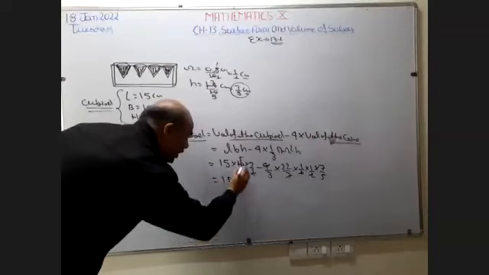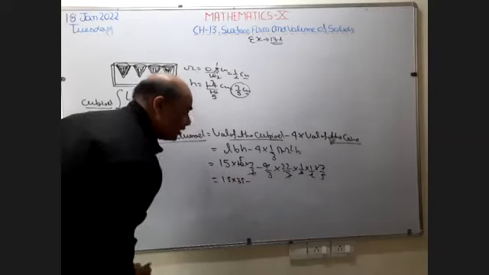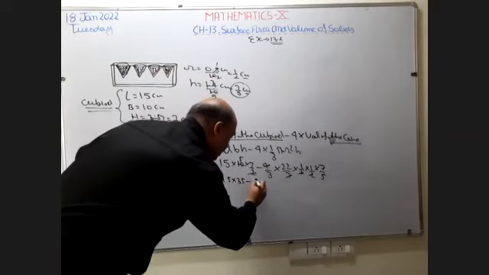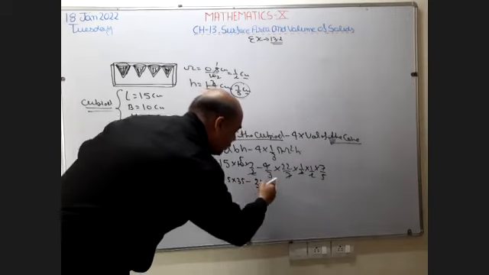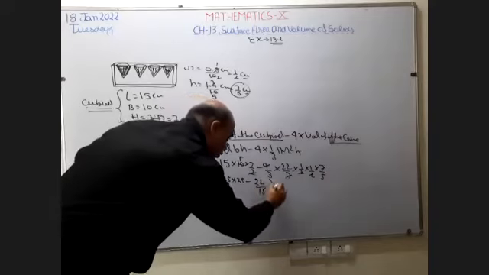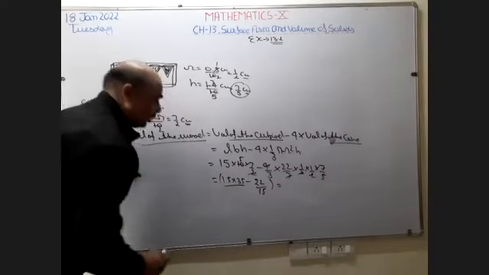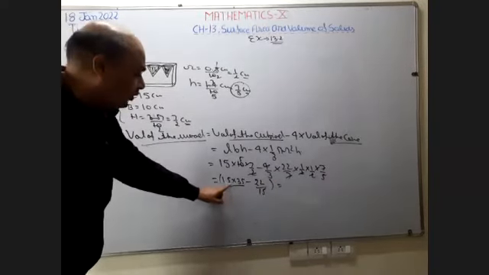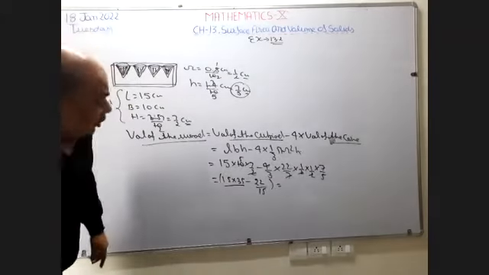15 into 7 5s are 35. Minus, in the numerator 22 is left. In the denominator it is going to be 3 5s are 15. Okay. Now tell what is the answer of multiplying these two, 15 and 35, and send the message to me.